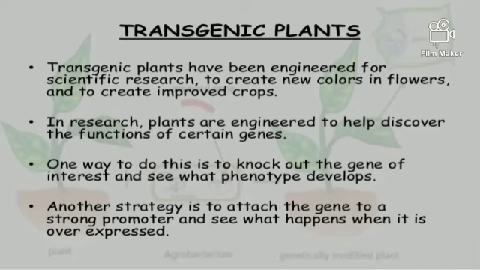Then the BT cotton, we are having cotton nowadays which is a transgenic plant. So we are having it in the BT brinjals. Then we are having corn, sweet corn, etc. In the big bananas, then the seedless oranges, the seedless grapes, etc. So these are the different types of characters or different types of genes which are produced in that plant. One way is to knock out the gene of interest and see what the phenotype is that develops.